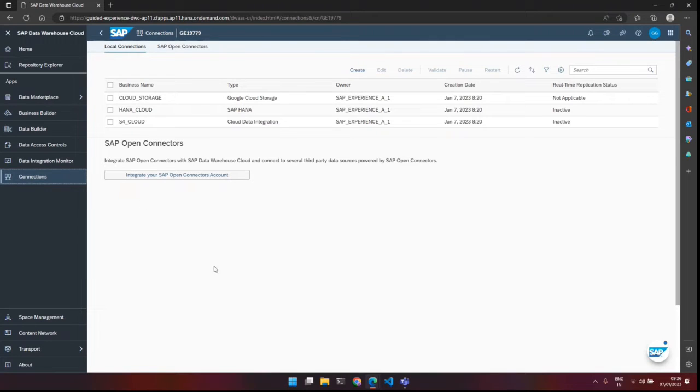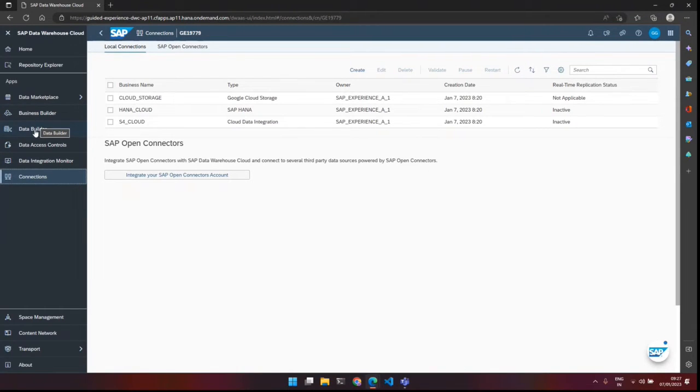So that's the first thing that we do in Data Warehouse Cloud, and you mostly do it at the start of a project. Then the system is connected, and you will only do maintenance whenever the system's IP address changes or the host changes or the username and password expires, something like that. Only periodic maintenance, but it is not a regular activity. It's like a once or twice in a project kind of activity. So when you start, you create a connection, and then you maintain it, but that's it. It's not an everyday thing that you do, right?